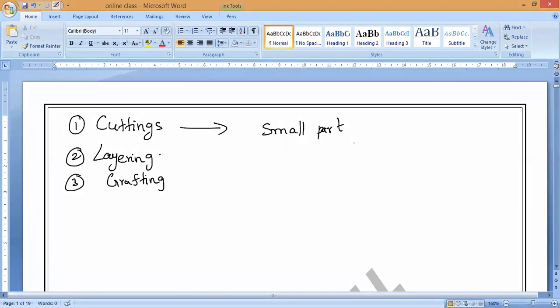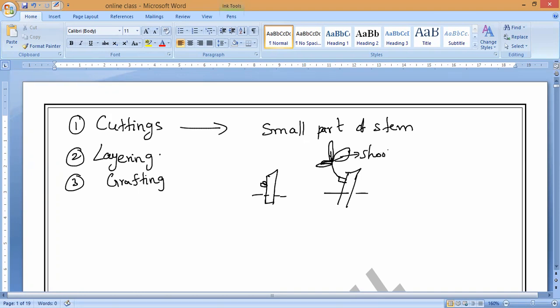Later, we take that piece of stem, a small part of the stem, and we plant it in the soil. It must have at least a single bud. Now if you plant it in the soil, what will happen after that? After a few days, it starts growing into a new plant. From that bud only, the new plant will arise. That is what we discussed in the last class. Is it yes or no? Respond. Yes, sir.